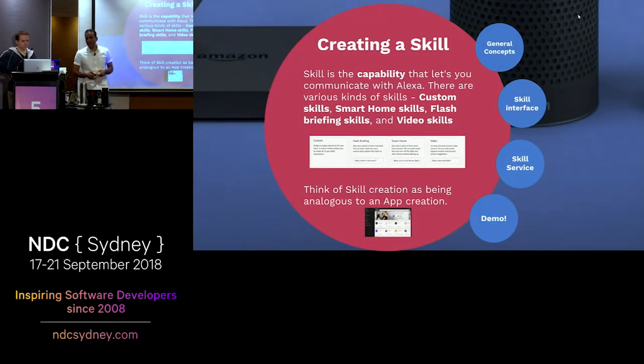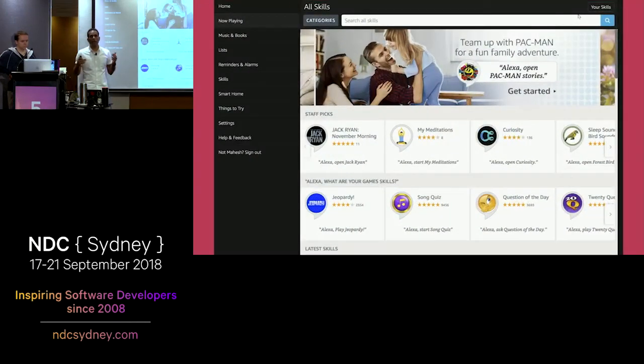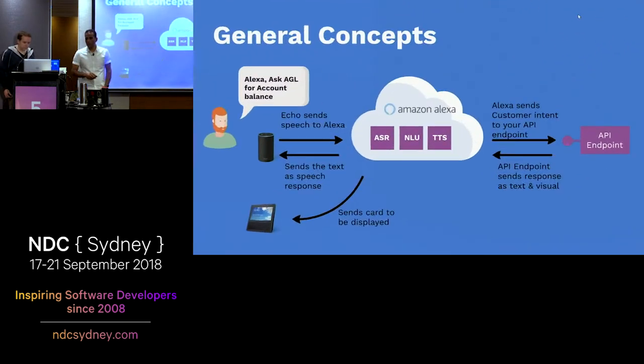Now, I keep saying to think of skill creation as being analogous to app creation, so much so that you have a skill store. If you want to add more skills, you can search in the store and add those skills across to your device as well. So think about that. In terms of how it all works, you effectively have a person speaking into a speaker,